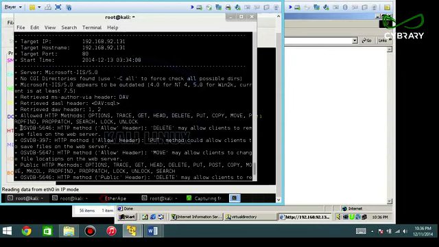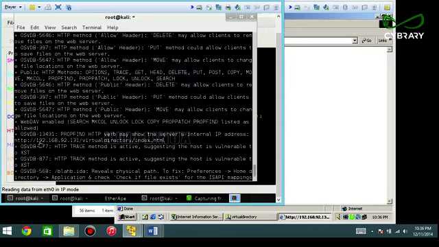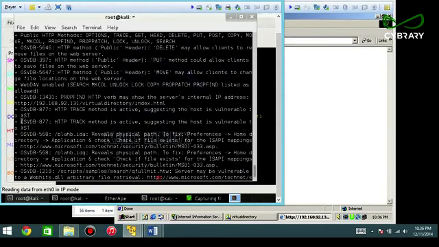It found open source vulnerability database 5646: HTTP method allow header delete may allow clients to remove files on the web server. Okay. And you can basically go through these one at a time. So head, delete, put, move. Okay. And I would go through these one by one,